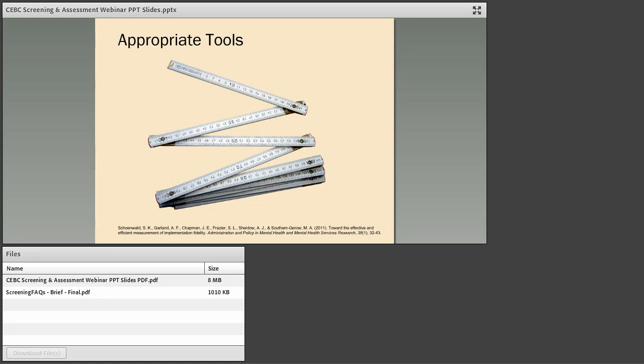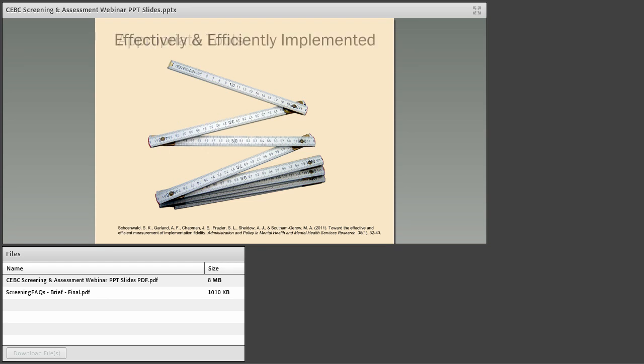But for an example, in child welfare, I looked at all the tools I could find about general mental health screening. And out of all of those tools, none of them had specific trauma symptom questionnaires, no trauma-specific items. And so if we're not asking about trauma, it's a difficult thing to identify. We sometimes miss things. And so usually when you're screening in child welfare, because the population is so commonly impacted by trauma, you typically need two tools, one focused on general mental health needs and one focused on trauma-specific needs. So that's one comment about the appropriate tools, but I'll let Jared elaborate much more about that.